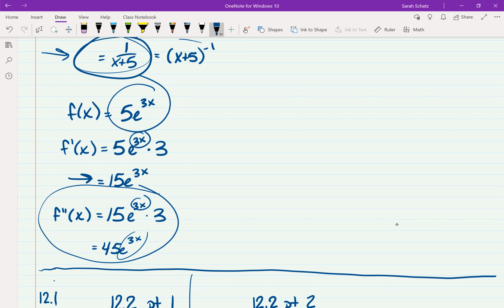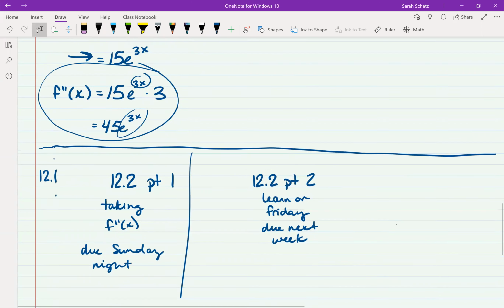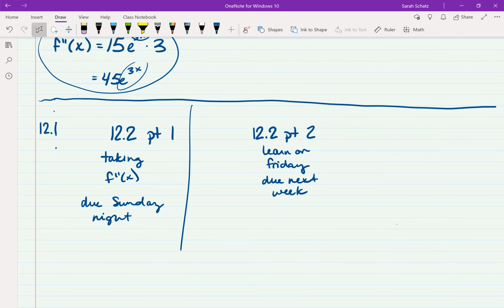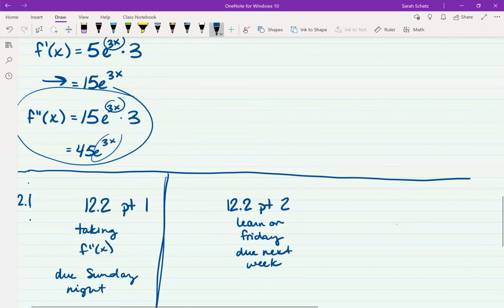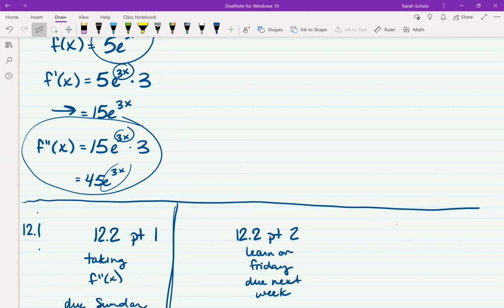So don't be surprised if there's some that take a little more time, especially if there's product rule or something in there. But yeah, it's going to be very eclectic in the type of derivatives that you have to take. Before we cut off,